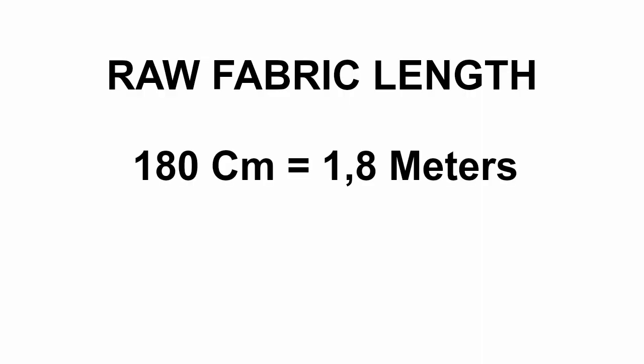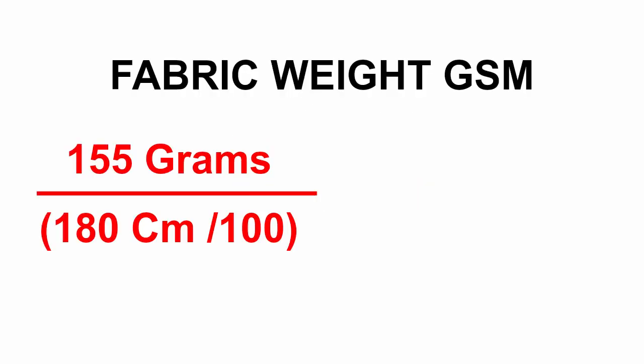Let's assume our raw fabric length is 180 centimeters long. If we divide 155 grams by 1.8 meters, we'll find the fabric weight in terms of square meters, which is